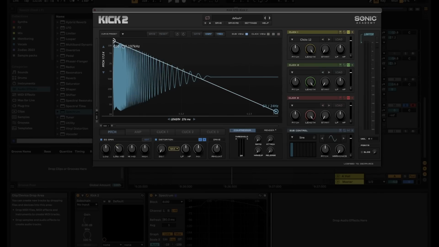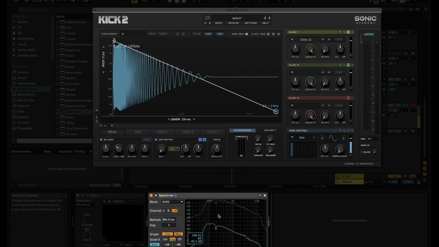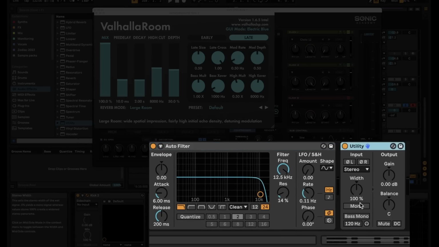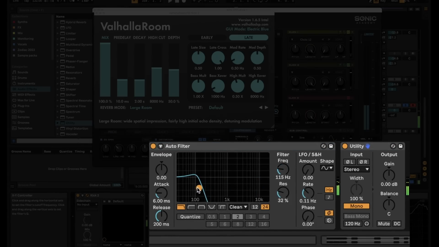Let me show you. Here inside of kick 2, we've got everything muted except this main fundamental sweep, which I just made a click out of. And look what it does. It plays all the frequencies once, right? It sweeps down. And when you put that into a reverb, it sounds suspiciously like white noise. And then if you low pass it and you mono it, that sounds suspiciously like a beautiful techno rumble.